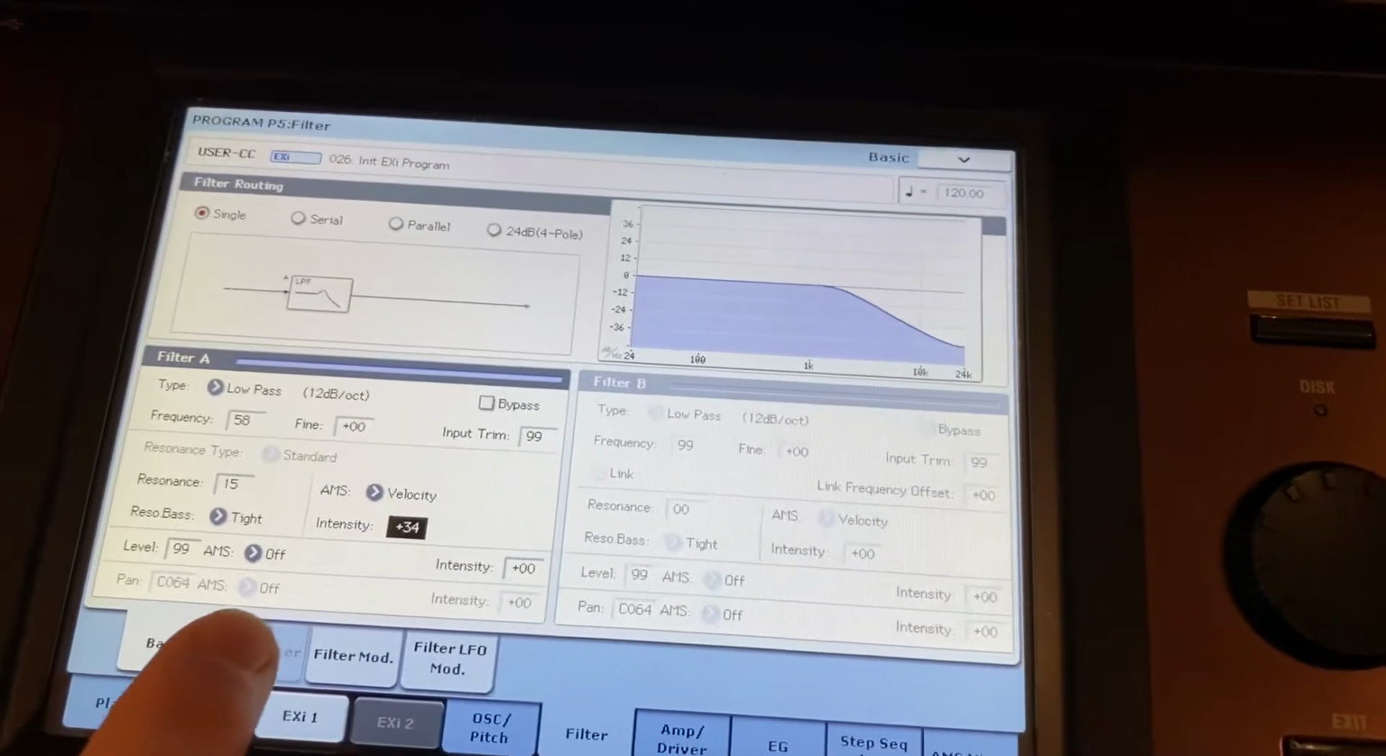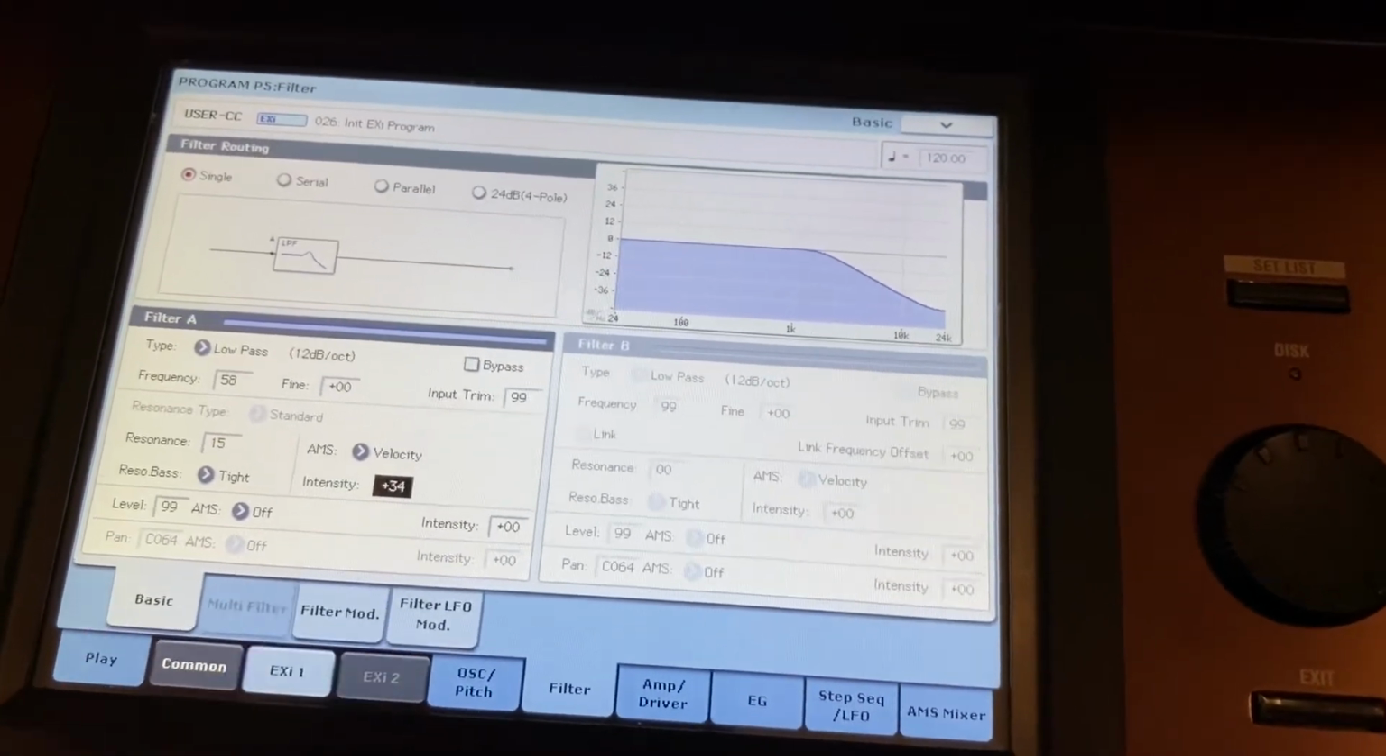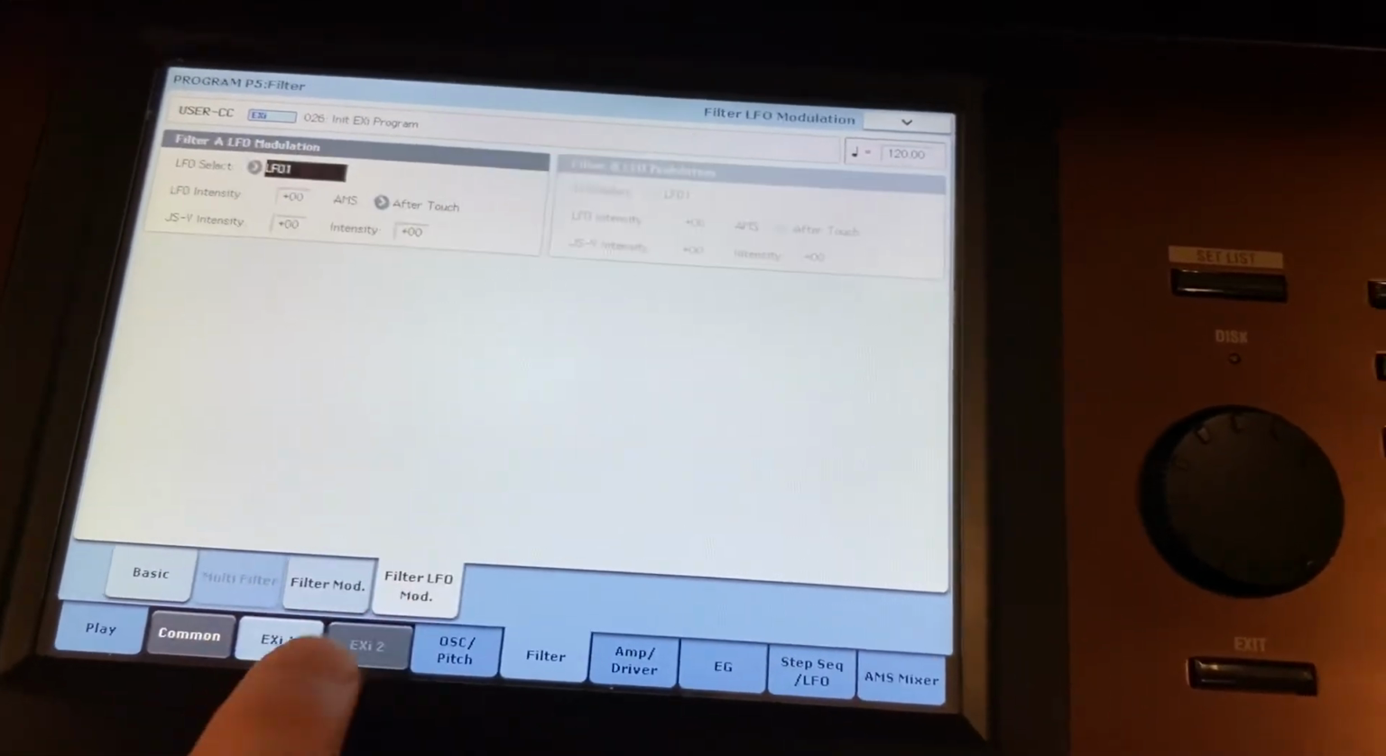Then over on filter, I took the frequency down to 58, resonance up to 15, and then added a little bit of velocity intensity to that. And then on the